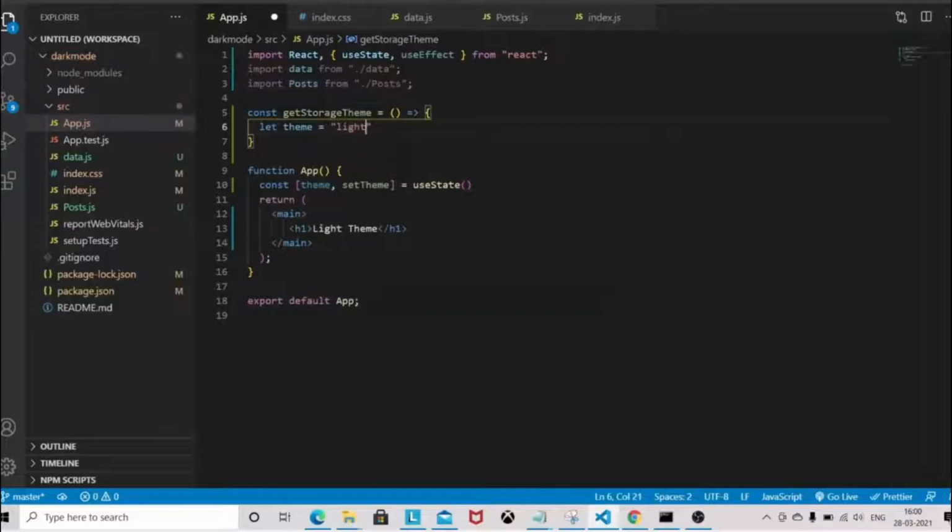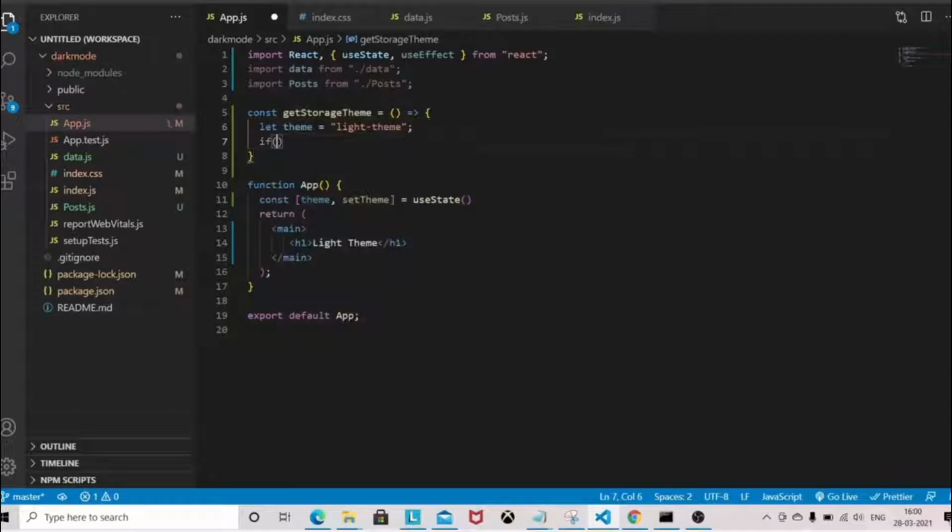Let theme is equal to light theme. I am just defining the initial state of the theme when the page is loaded.